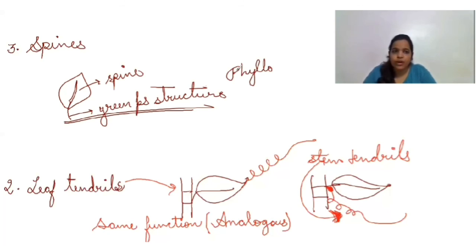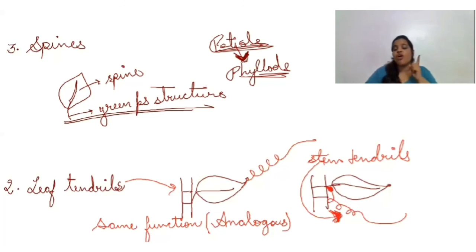where the petiole, what is getting modified? Petiole is getting modified. This is one important point, guys. Petiole is getting modified for photosynthesis. It is known as phyllodes. Whereas in case of stems, we studied about phylloclade and cladode. Clear? So this was the first thing you need to remember, that petiole gets modified to work as phyllodes.